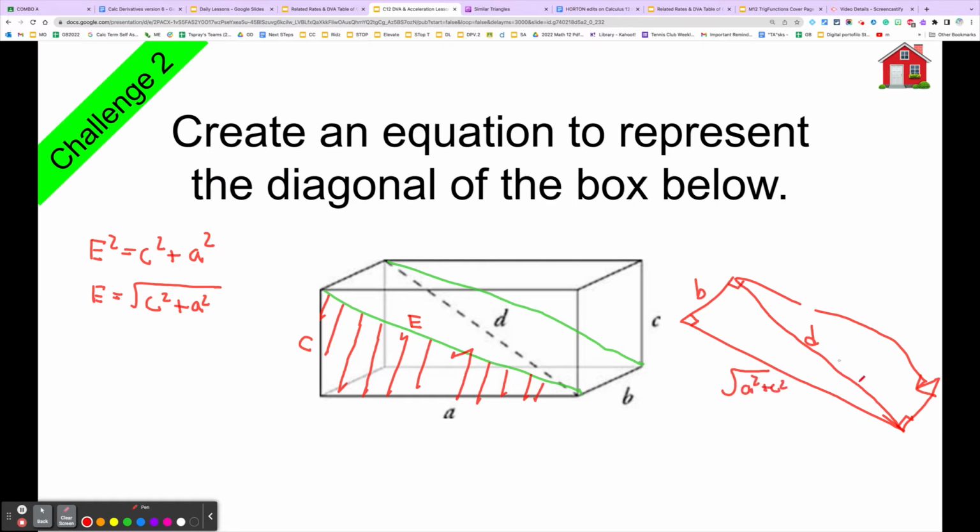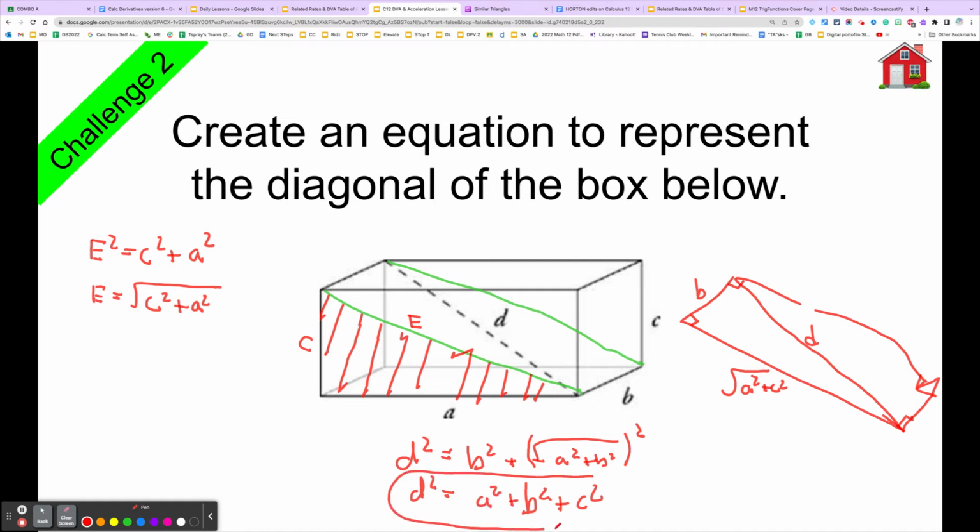And so if we wanted to find out, d squared would equal b squared plus the square root of a squared plus c squared, all squared. So if we simplified that, we'd have d squared equals b squared plus c squared, and there's my little a squared. So here's your new equation. The diagonal of a rectangular prism can be found by going a squared plus b squared plus c squared,